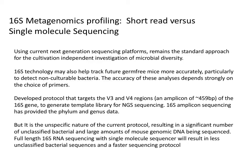So the project was, could we do this? And we're able to design primers, use the Illumina system, and do 16S genomics on loads and loads of mouse poo. So I've moved from mouse poo at the creek, so this is a project. And also, when we did it with Illumina, I wanted to test this, to look at the data that